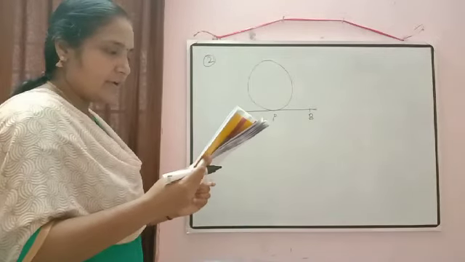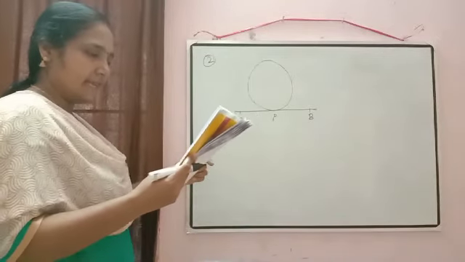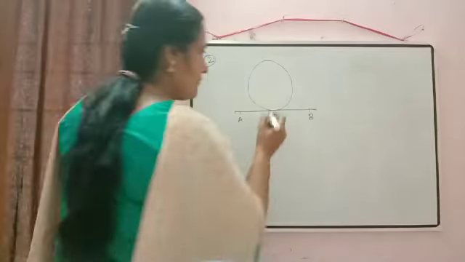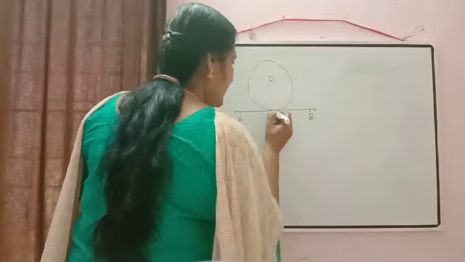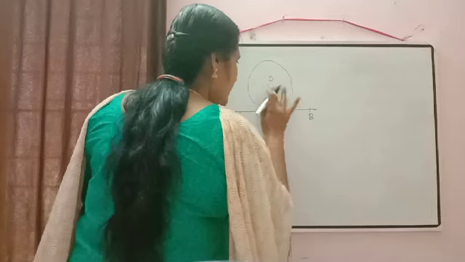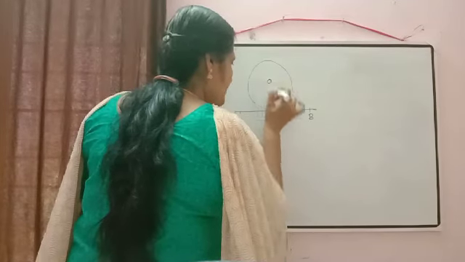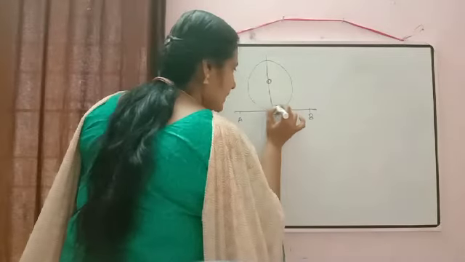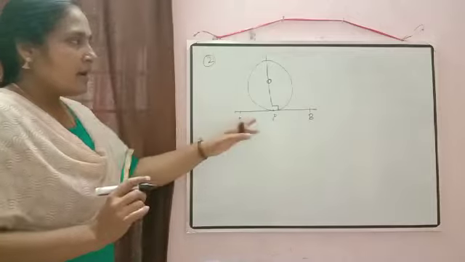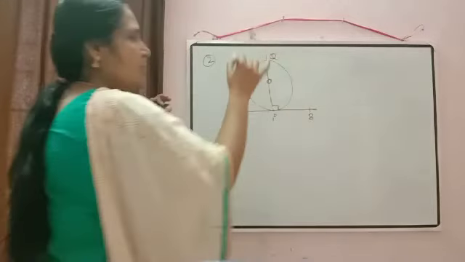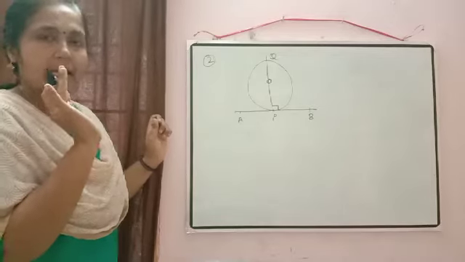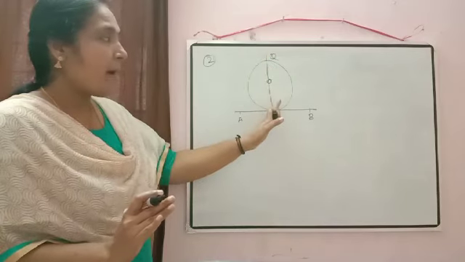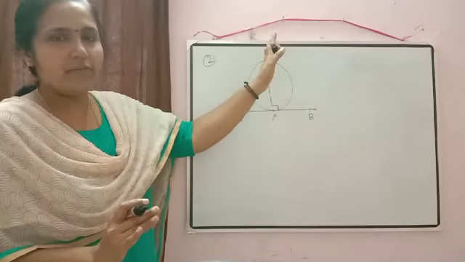Now it is written, if we draw a perpendicular to this tangent, it will pass through the center of the circle. If I mark the center and draw a perpendicular from this point, they are saying it passes through the center. Okay. So here what is the condition given? This line, suppose we name it QP, is perpendicular to AB. The perpendicular drawn to a tangent passes through the center. That we have to prove.